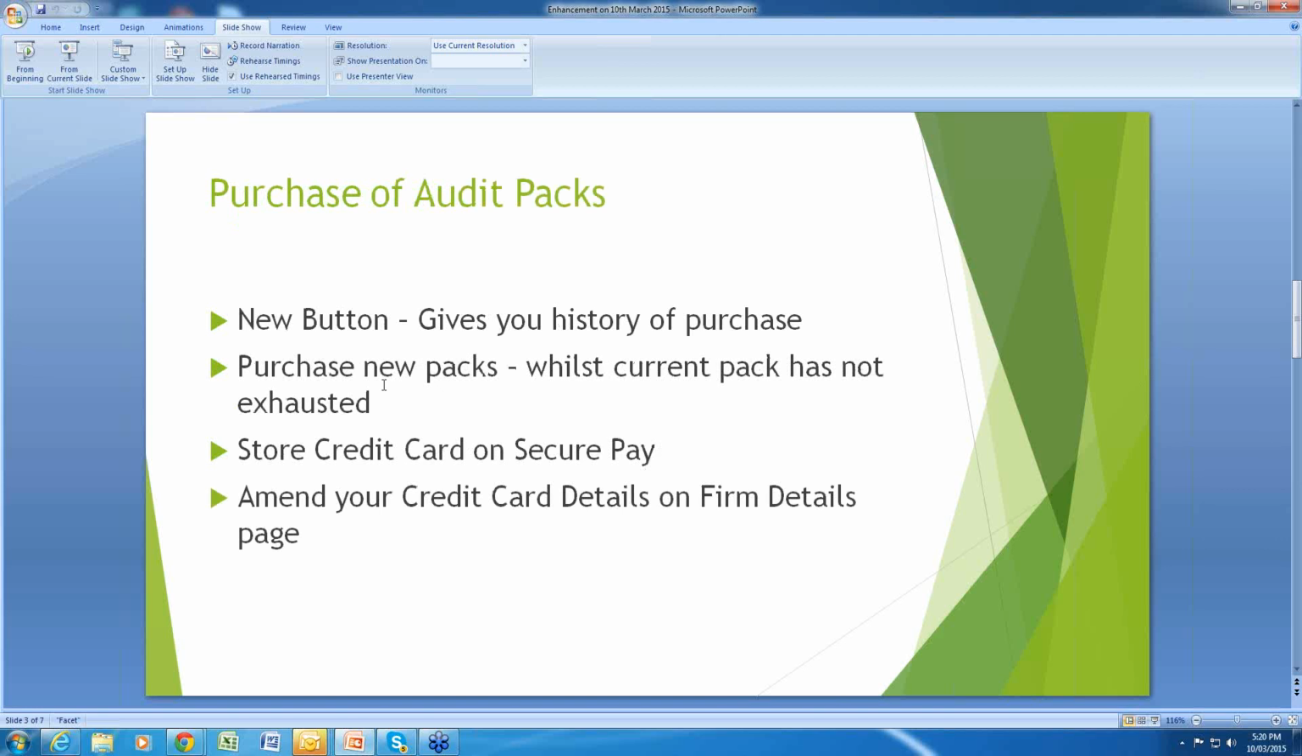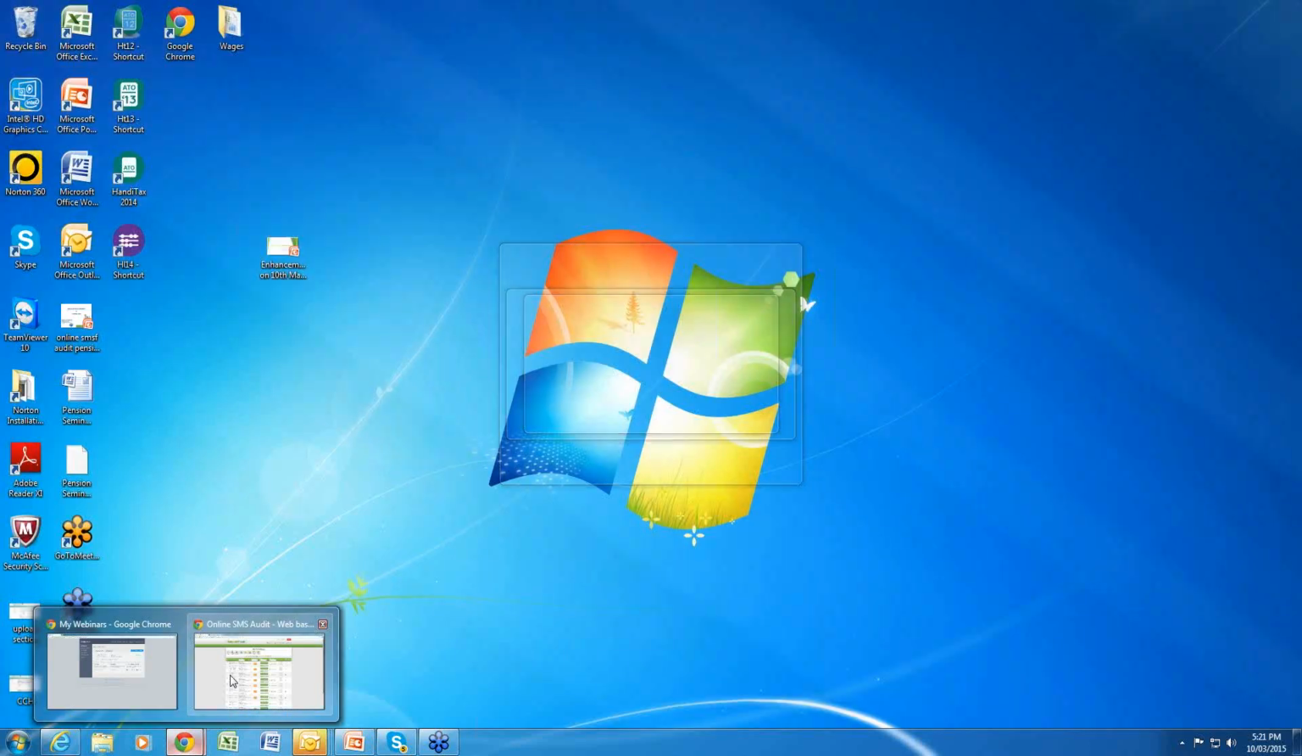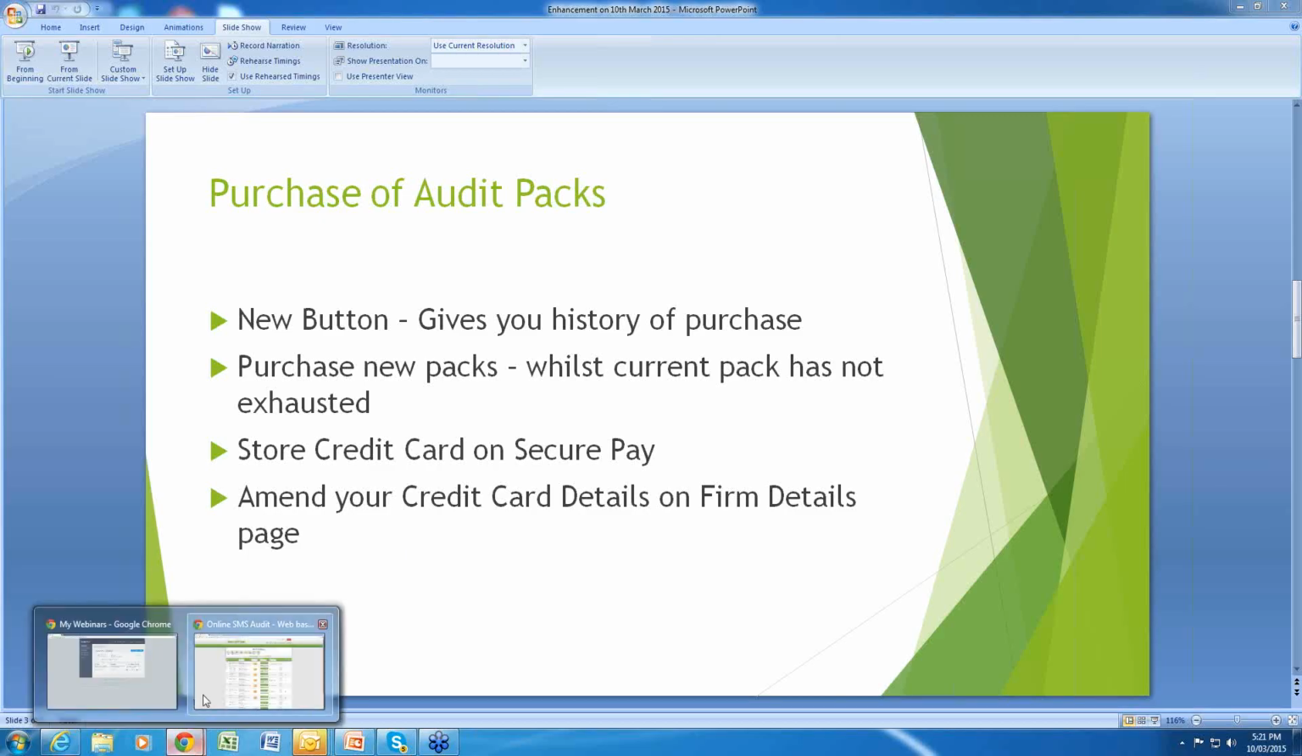So first up, we're going to talk about purchasing audit packs through our system. There's a new button which gives you the history of all purchases, and you'll be able to purchase packs while your pack has not been exhausted. You'll be able to store your credit card, and you'll be able to amend your credit card details so that the next time you use your credit card, we use your amended or a new credit card. So to begin with the system, let's start